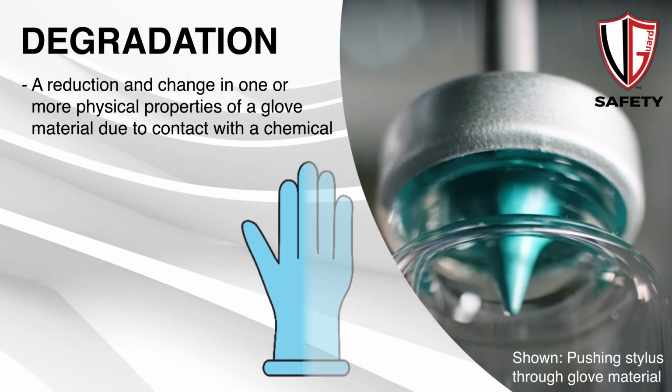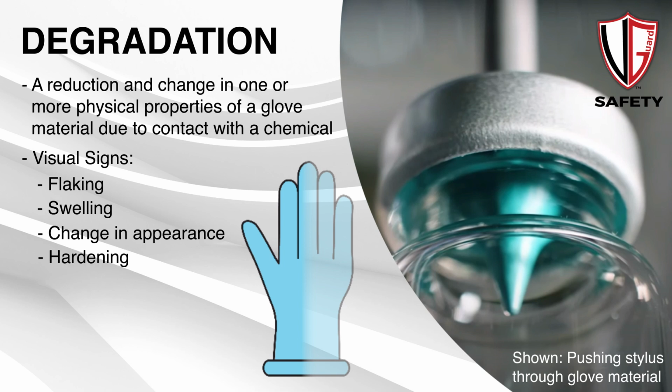Degradation is a reduction and change in one or more physical properties of a glove material due to contact with a chemical. Visual signs include flaking, swelling, change in appearance, and hardening. Degradation is visible to the naked eye. Usually, if a chemical has a significant impact on the physical properties of a glove material, its permeation resistance is